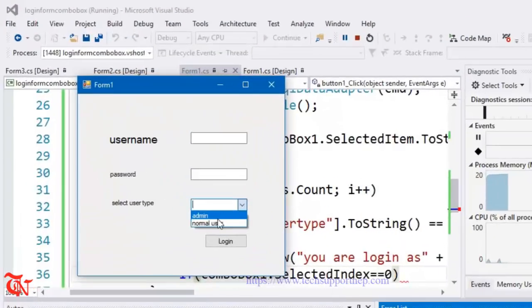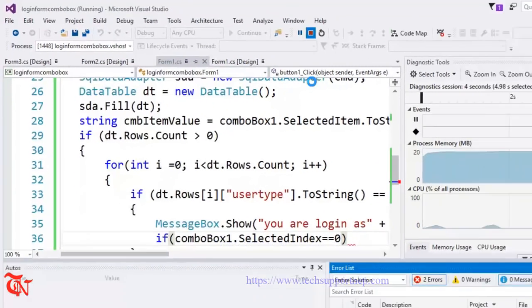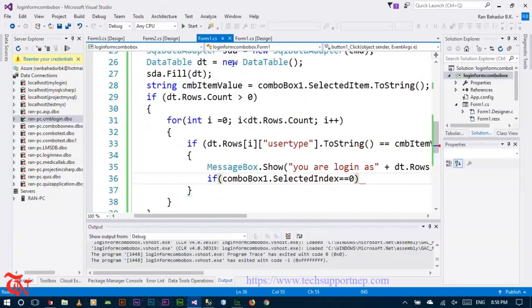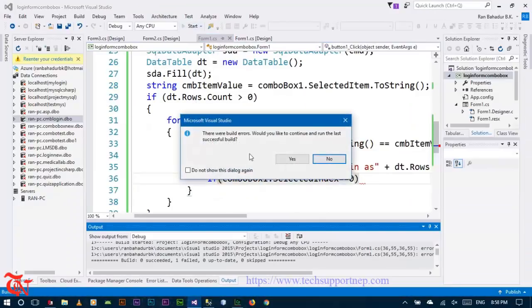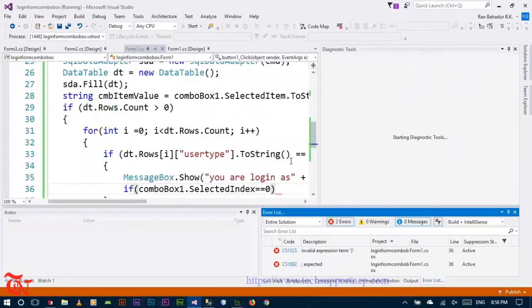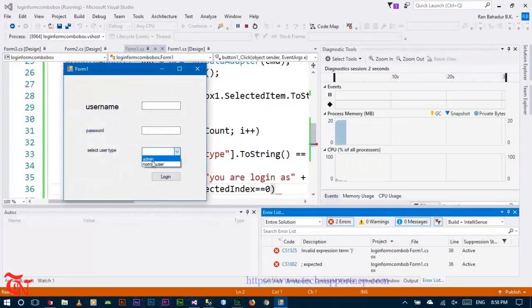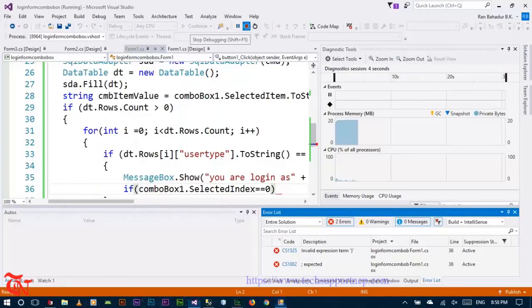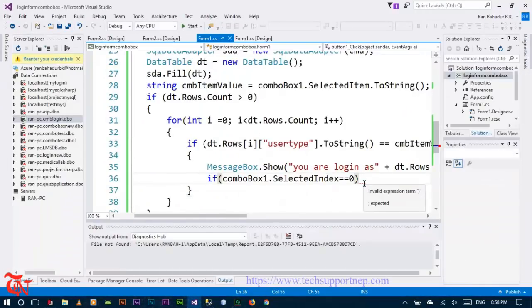This is the index 0 and then this is the index 1. So when the user clicks this admin, we are going to display a different form,